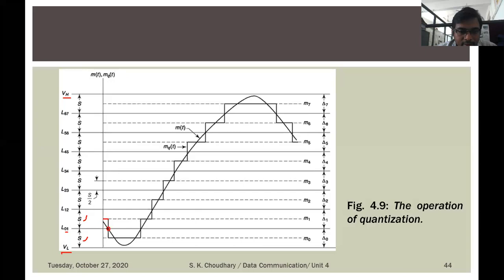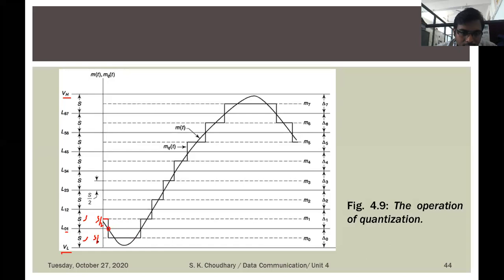Whenever this analog signal transits from one quantization level to another level, you can see this is the transition where it comes from delta 1 to delta naught. So at that moment we have to bend this signal, the digital quantized signal, and we have to follow this step size. This step size is also S. So we have started at S by 2 here. This is the position of S by 2, and we proceed from S by 2 to the another level.